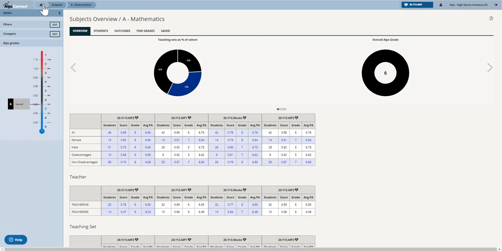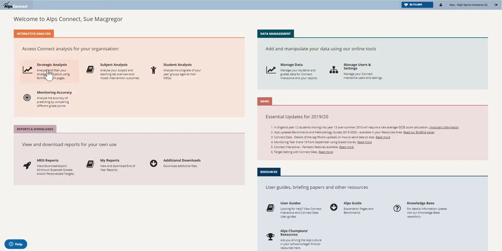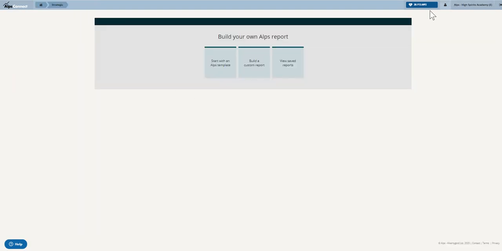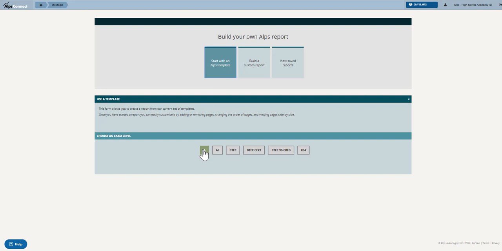I promised you the strategic area, so let's have a quick look in there. So I'm on MP2. Now remember, you can't get a PDF report for a monitoring point, so I'll just show you how to mimic that and get yourself a PDF report, if that's what you rely on for governors' meetings or SLT meetings. So if we start with an ALPS template at A level,